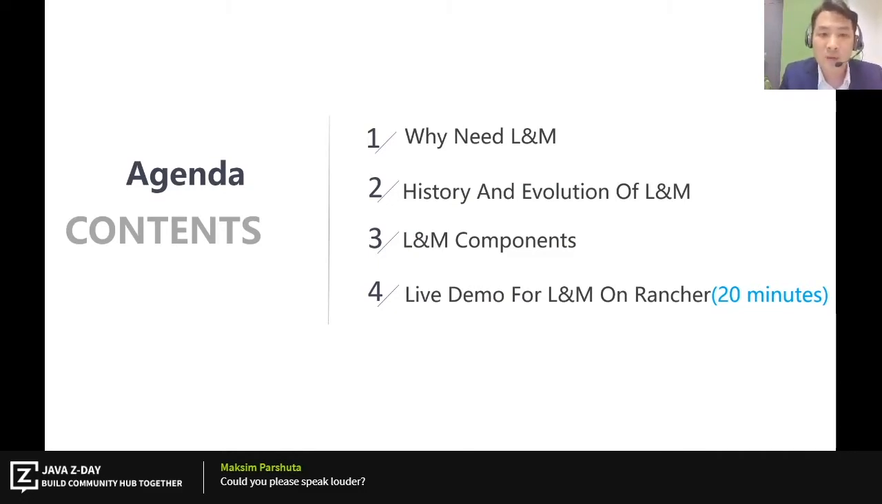First, let me share my agenda. Why we need logging and monitoring. This is my first part. Second is about history and evolution on logging and monitoring. The third part,